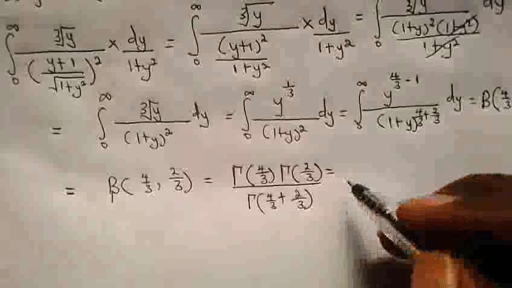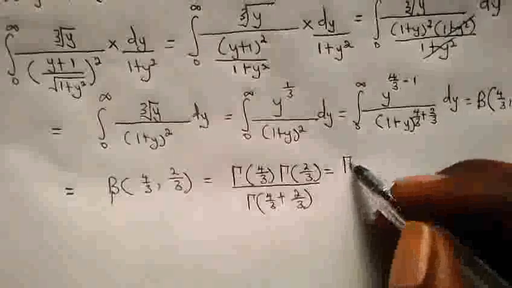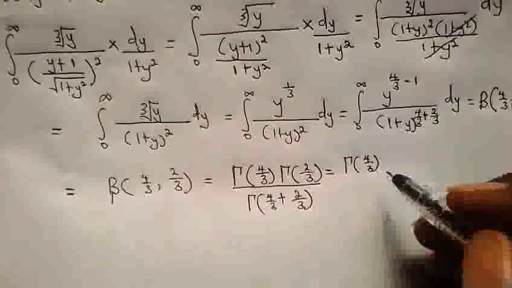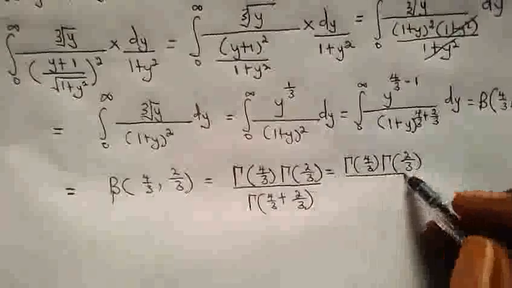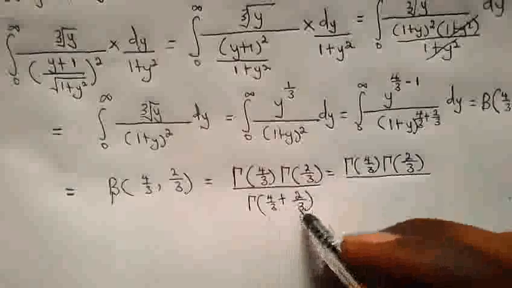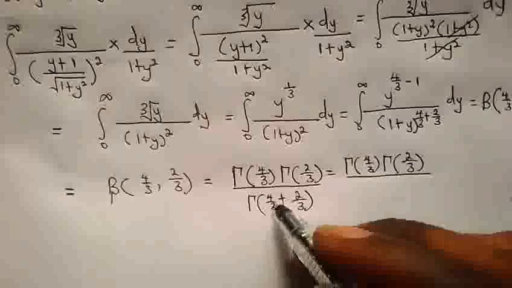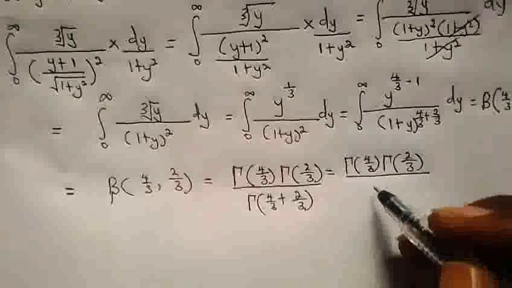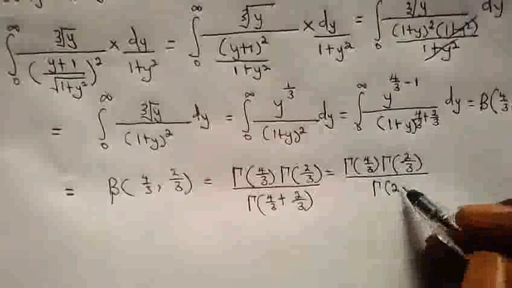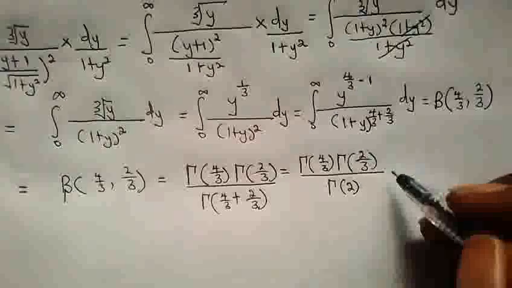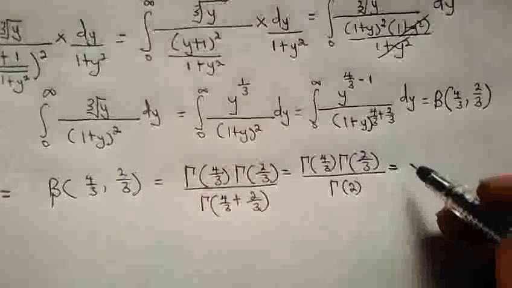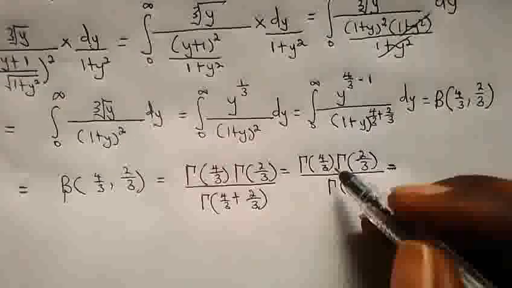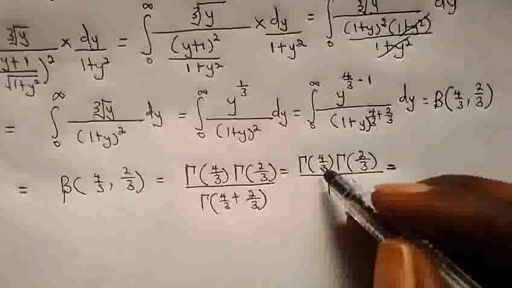And this is equal to, let's see how we're going to evaluate this. So we have here gamma of 4 over 3 times the gamma of 2 over 3 all over, 4 over 3 plus 2 over 3, common denominator, so 6 over 3, and that is 2. So we have here gamma of 2. Okay, now let's see what we're going to do here. Okay, how do we rewrite this? We have here gamma of